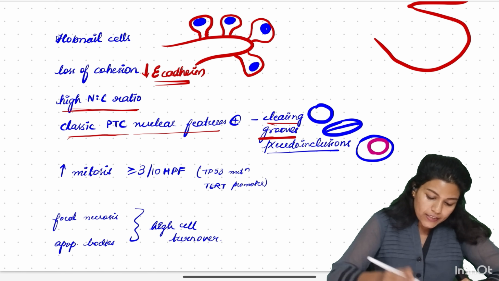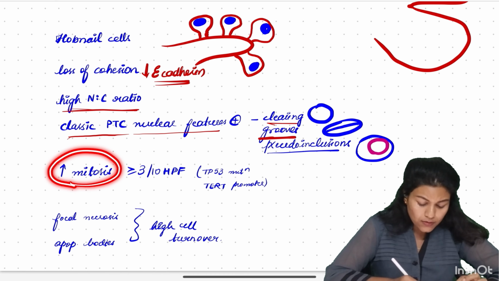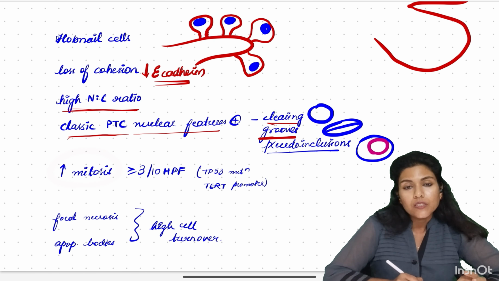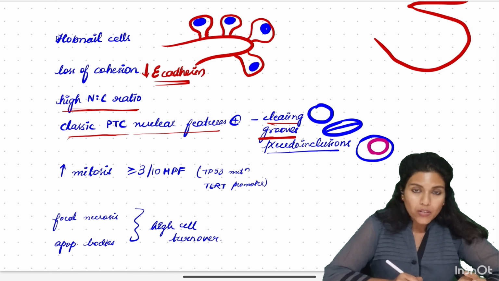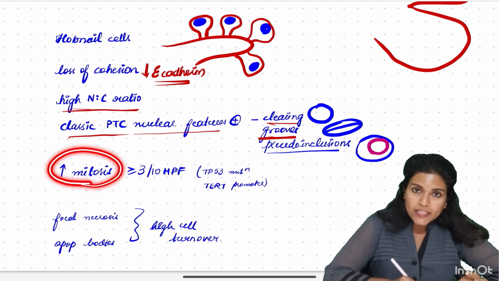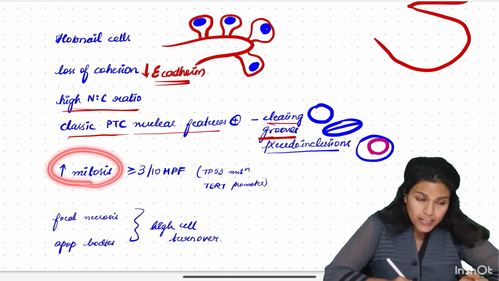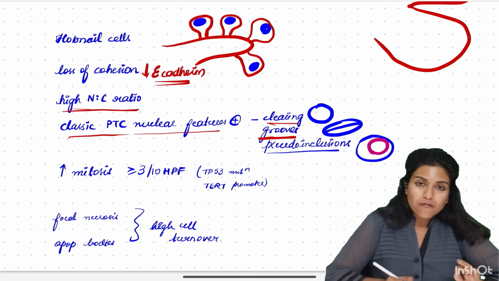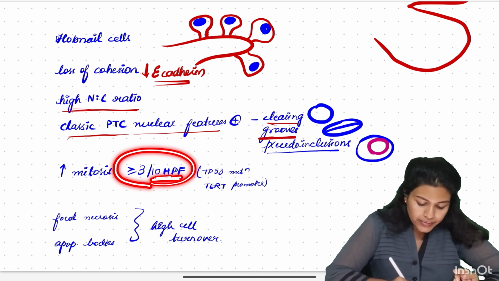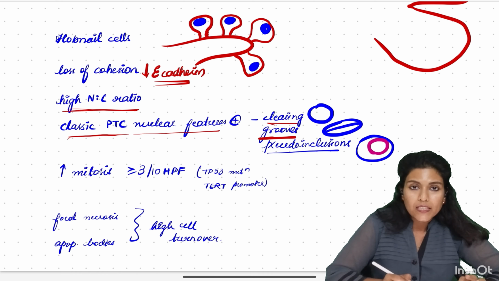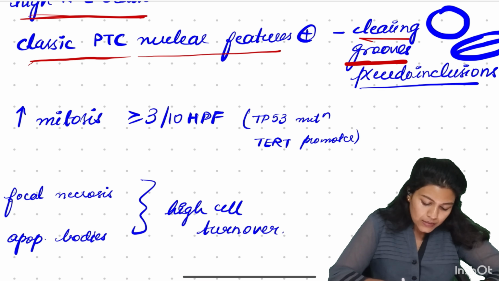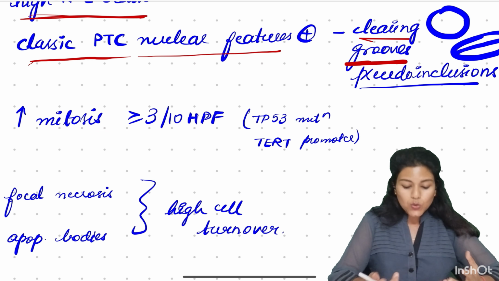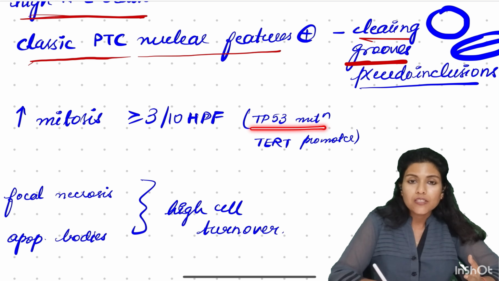And the aggressive features, like increase in mitosis. Because it is a rapidly growing tumor, cells will be in the dividing phase. Cells in the dividing phase are called mitotic figures. So this increase in mitotic activity means increased mitosis. So how many mitotic figures should be seen to call it an aggressive one? On 10 high power fields, at least 3 or more mitotic figures should be seen. This rapid turnover is because of TP53 mutation, which is a tumor